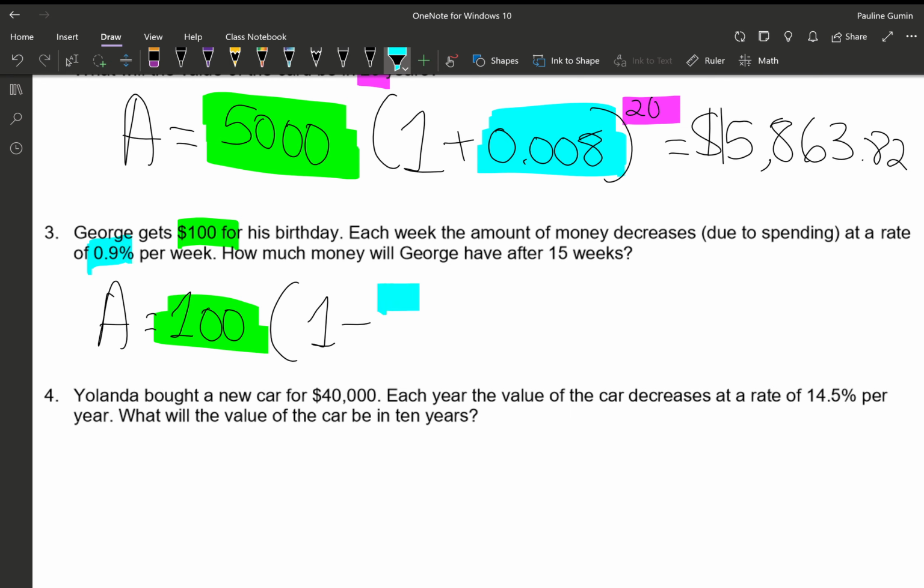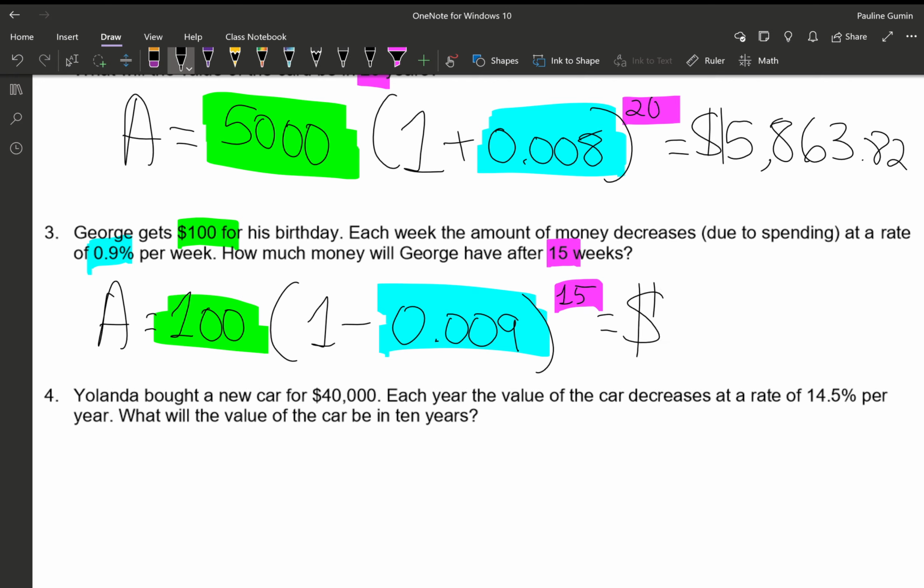The rate is 0.9%. As a decimal, 0.9% is 0.009. And we're raising it to the power of 15 for 15 weeks. Now, I know, generally speaking, we've been using years more than we have been using weeks as our exponents. But that's okay. The exponent is a measurement of time. This time, in number 3, it's weeks instead of years. I don't know why I said this year. Anyways, type this into your calculator, and somehow, after 15 weeks, George has